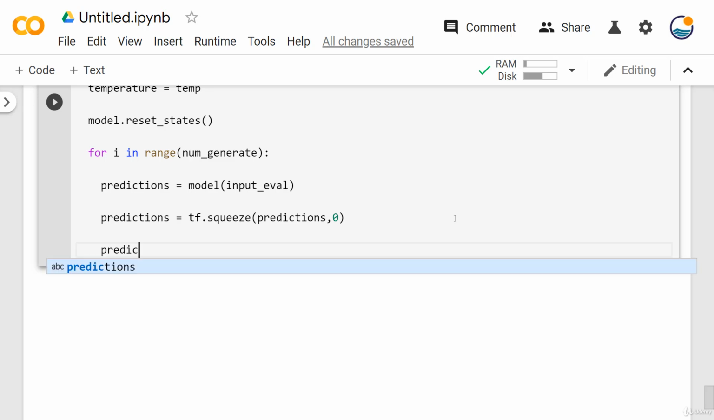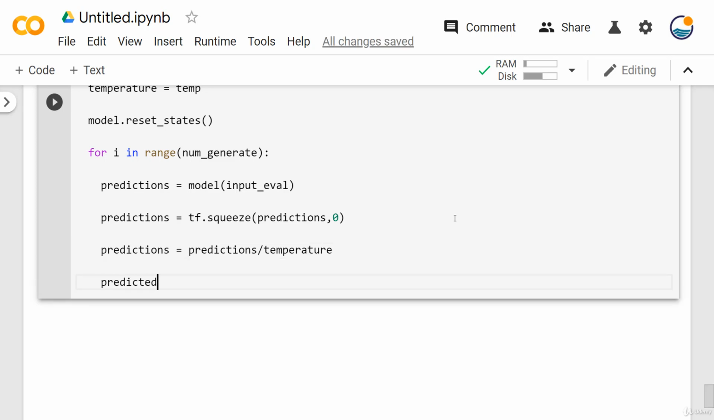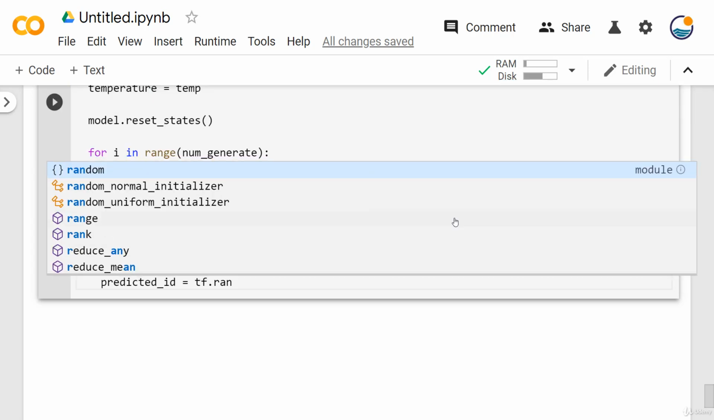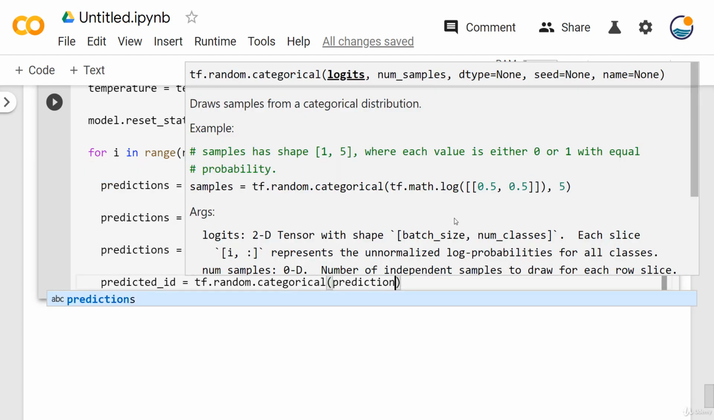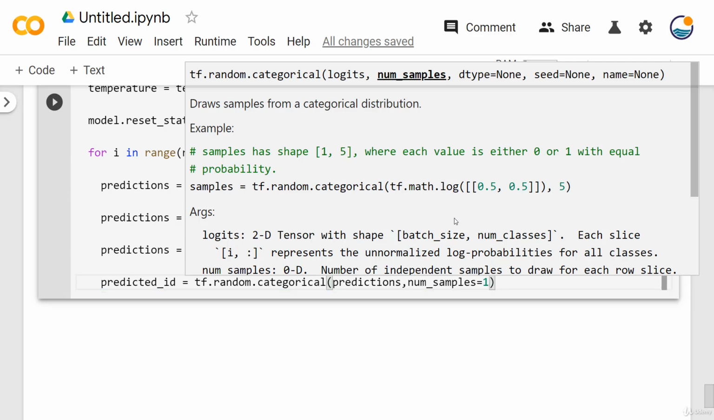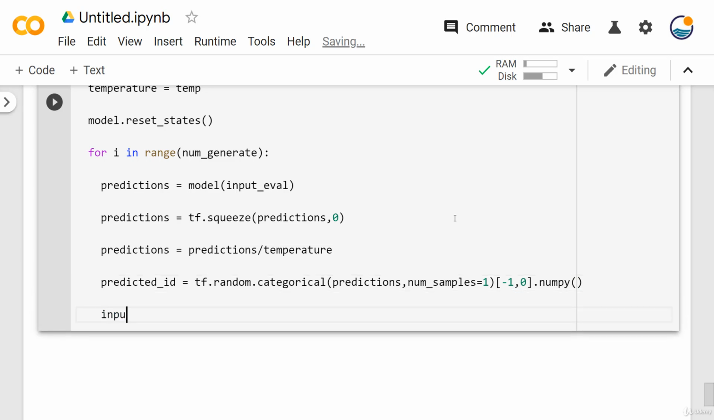predictions is equal to predictions divided by temperature. And then we'll say the predicted index or predicted ID is equal to, just as we did before, tf.random.categorical predictions. And we only need one of these characters, so we'll say num_samples is 1. And then finally, because of the format this is returned in, we'll do a little bit of indexing by saying [-1, 0].numpy(). And essentially just indexing formatting so we get the actual single ID,